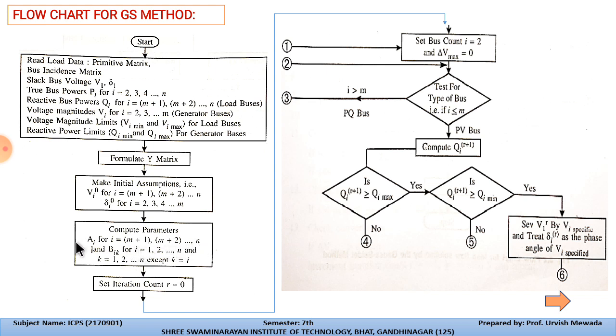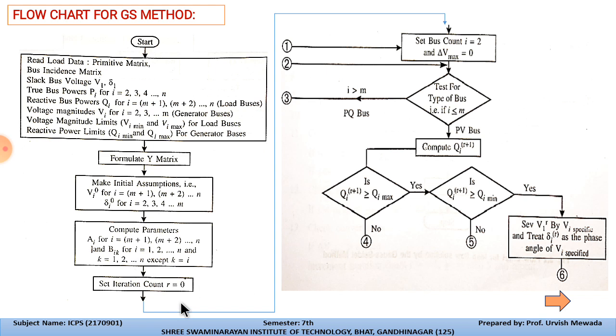nth number of buses. So already we have taken i, that is the initial i, as the slack bus, so that's why it will start from 2, 3, 4 and so on. And Bik will be for i equal to 1, 2, and so on, where this is the receiving end, so it is starting from 1 to n. Where k is equal to 1 to n except k equal to i, that is nothing but we have considered the slack bus, that's why k is equal to 1 to n, where k is not equal to i.